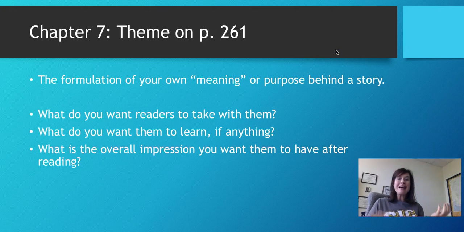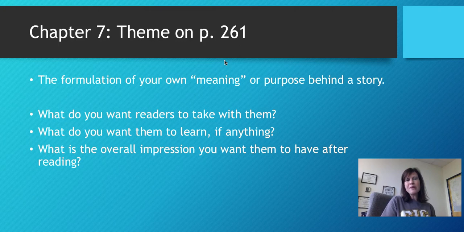So we're actually on the last 2 elements of fiction, which I'm pretty excited about. And I think of all the elements of fiction, theme and style are the most subjective, and it really depends on you, the author, what you create and what you put in as your theme and style. So on page 261, we have this nice image of footprints in the sand to start us off on theme, which I think ties well in terms of meaning when we look at things in terms of stories, purpose as well. So on page 261, they talk about what theme means.